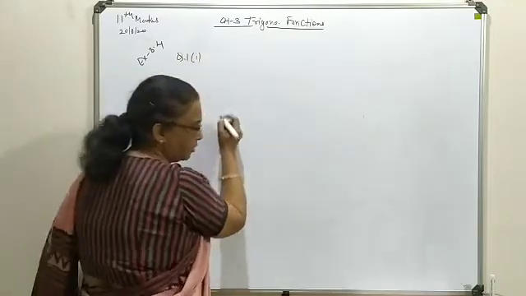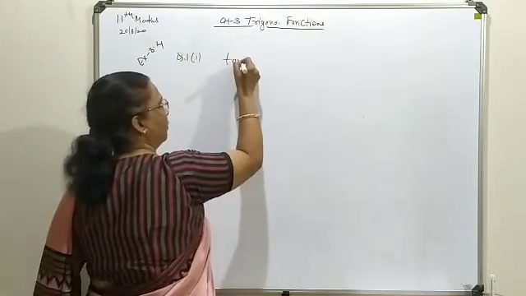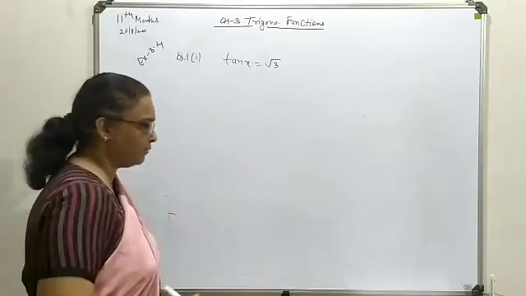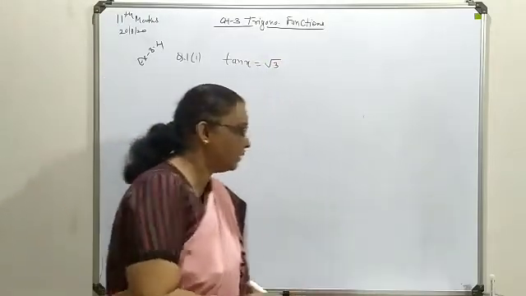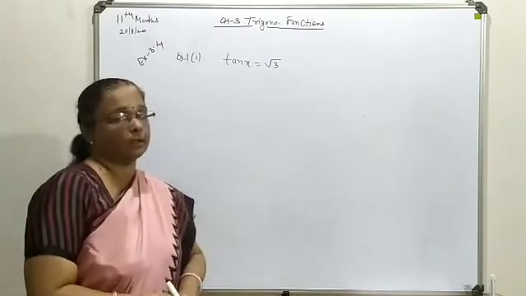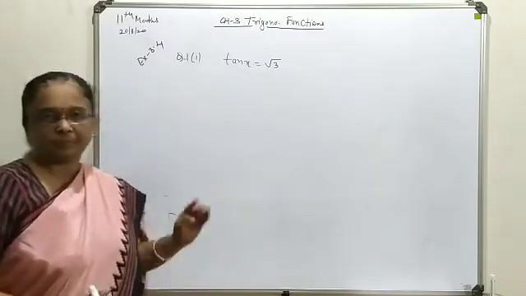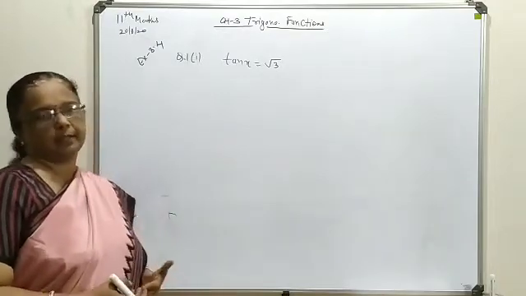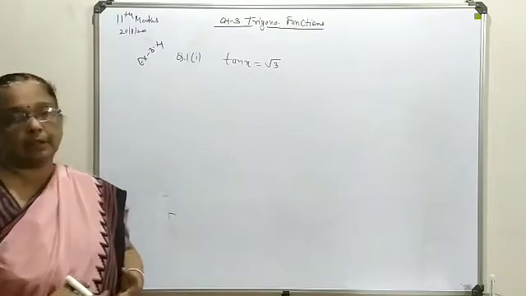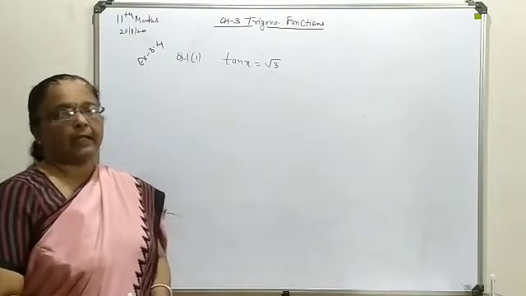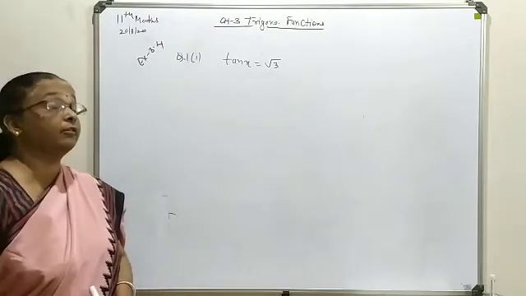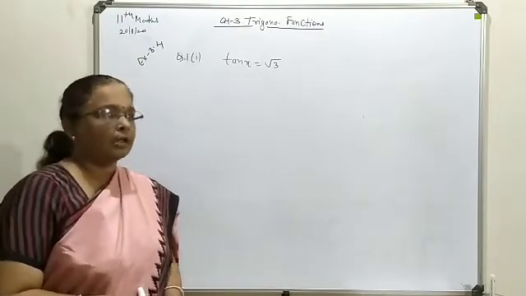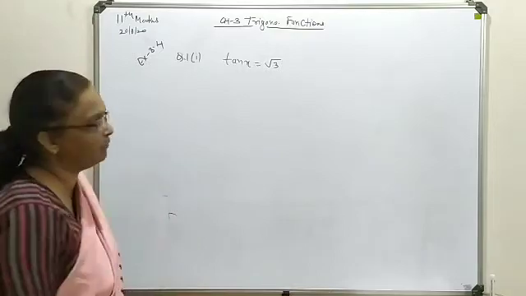Your first function or equation is available in the form of tangent, tan x is under root 3. So first we will define our principal solution for which this under root 3 will exist. Now here under root 3, being a positive quantity, means you are in the first quadrant, and under root 3 means the value of x will be 60 degrees, that is pi by 3. So principal solution first we will define as,